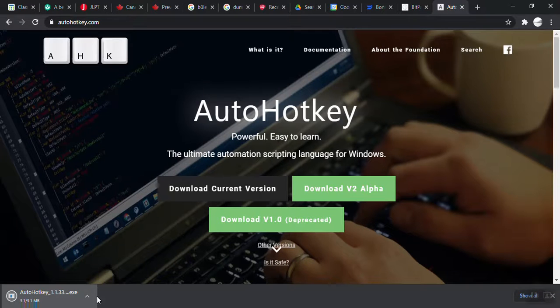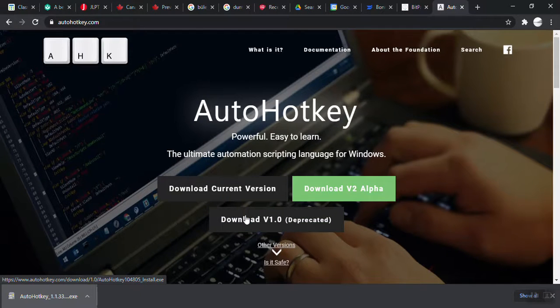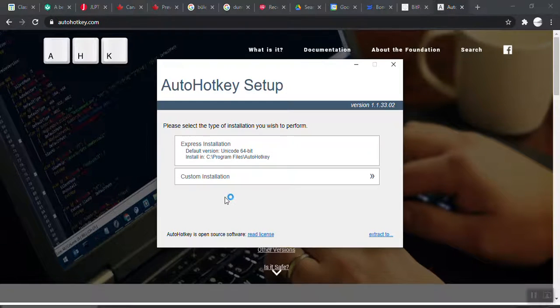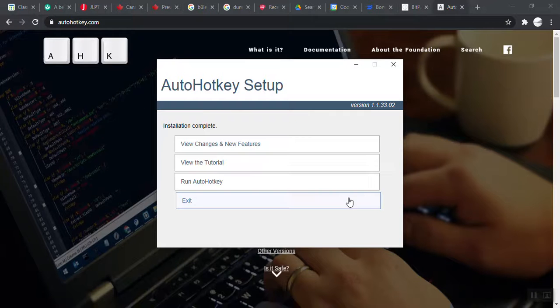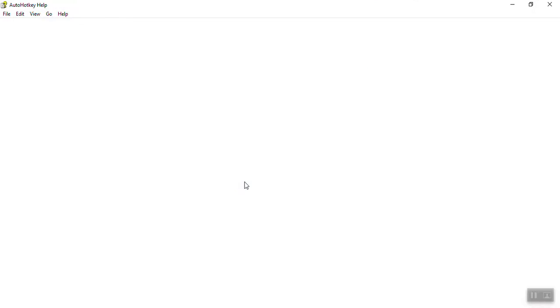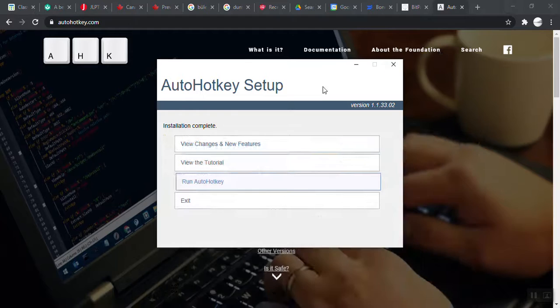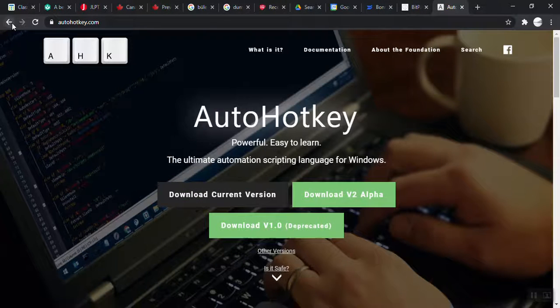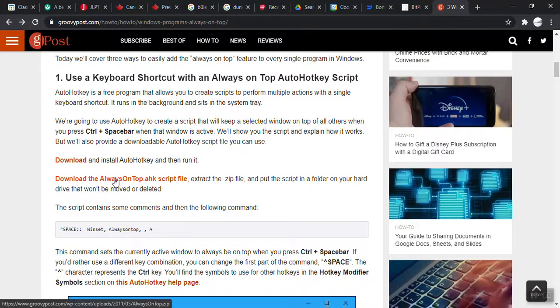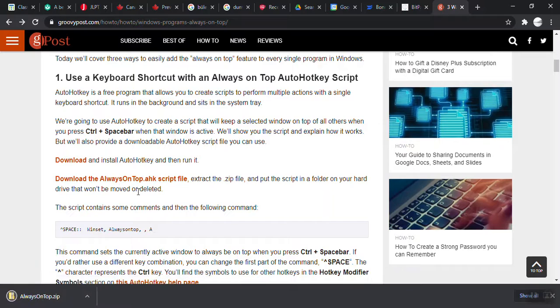That will load. Express installation. Run AutoHotkey, you want to run it, and then minimize this, go back, download the always on top